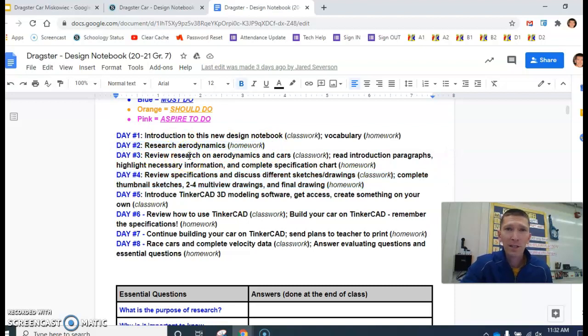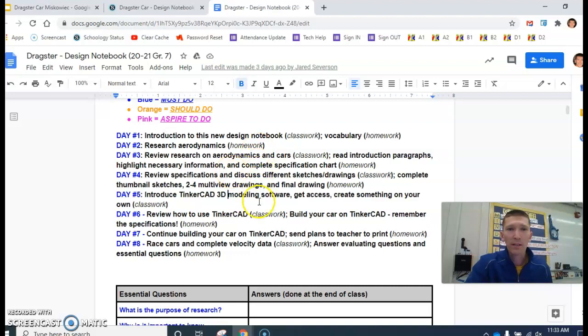And so my biggest advice to you while you do this is don't dig yourself a hole. Meaning if we get to the end of day 7 or day 8 and you haven't done a couple of these parts, it's really tough to catch up, and it's a lot of extra work that you're doing at the end. So each day you're going to be given class time to do the classwork and homework. Please take advantage of that so that you're not digging yourself a hole. And then each day will kind of build off of each other,